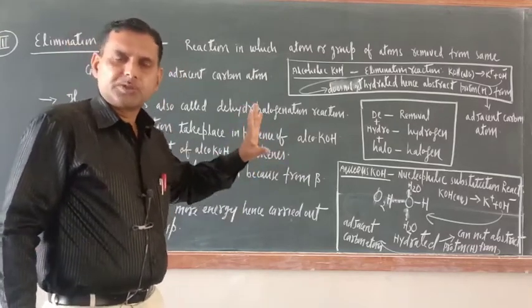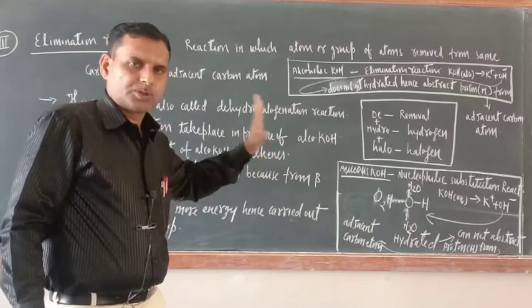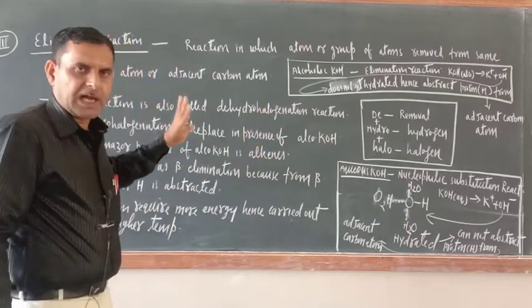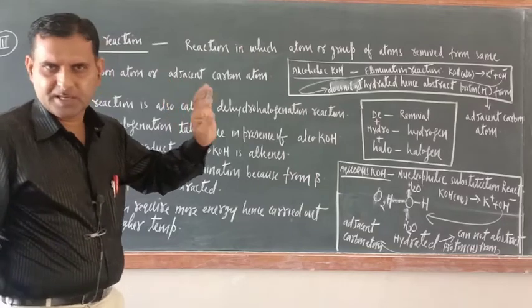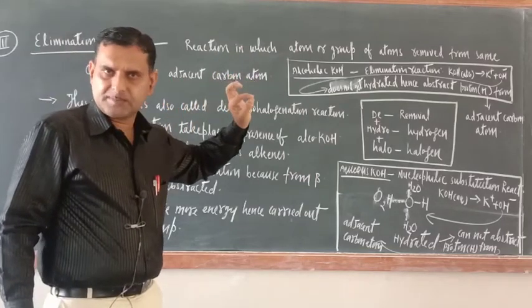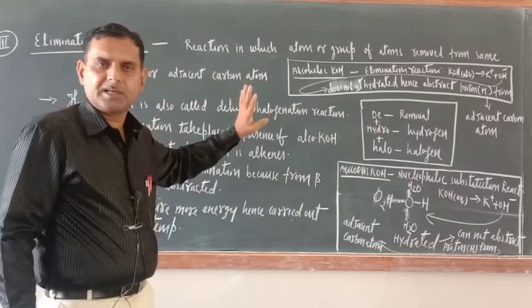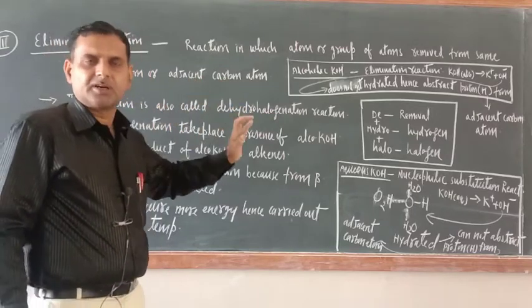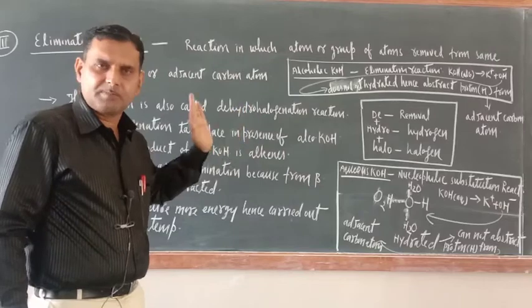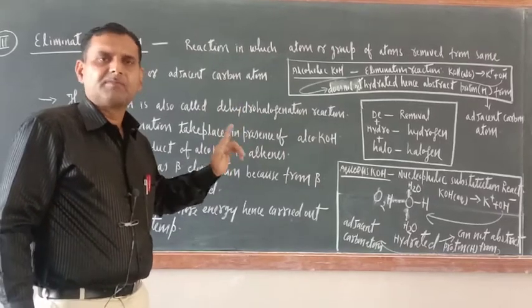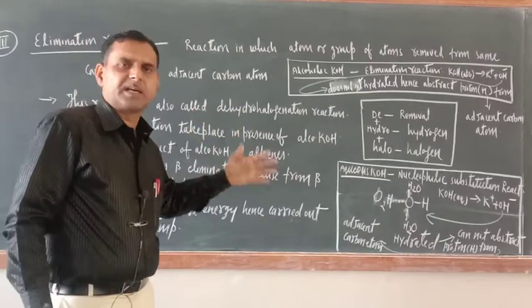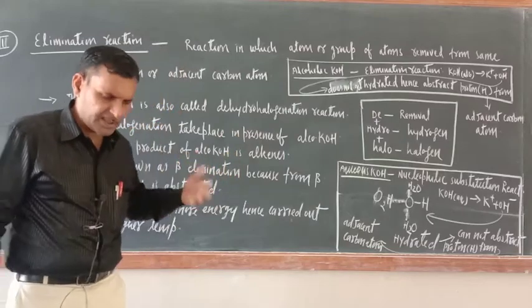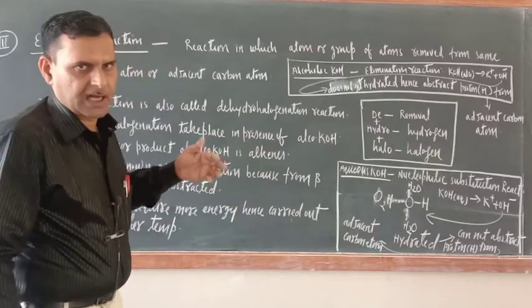Today I am not teaching those systems, because alkyl halide has four types of reaction. First one is the nucleophilic substitution reaction, which I have completed properly. Next one is the elimination reaction. Third one is the reaction of alkyl halide with metals, and fourth one is rearrangement reaction, and one more reaction is there, that is the reduction of alkyl halide.